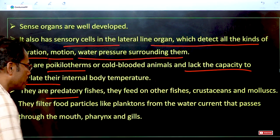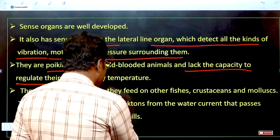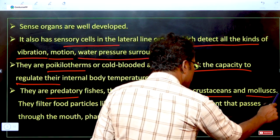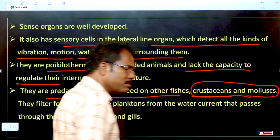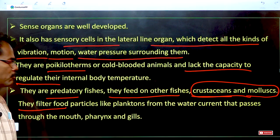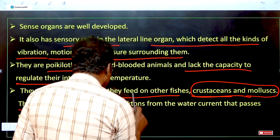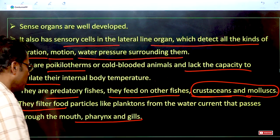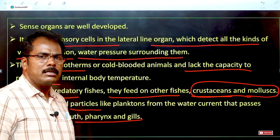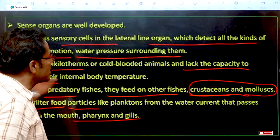They are predatory fishes, and they feed on other fishes. Crustaceans and mollusks are also food for these fishes, apart from the fishes. They filter the food particles with the help of structures present in the gills, pharynx and mouth. Food particles like plankton, if present in water, will be identified and taken into the body. Coming to the next characteristic,